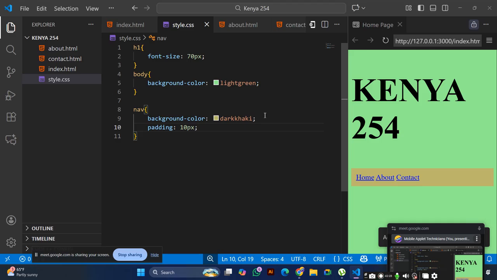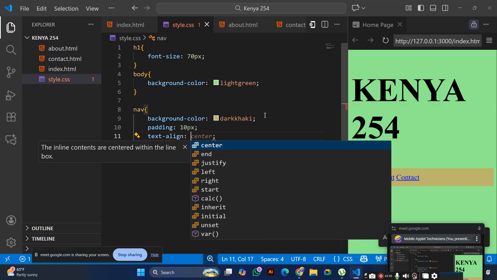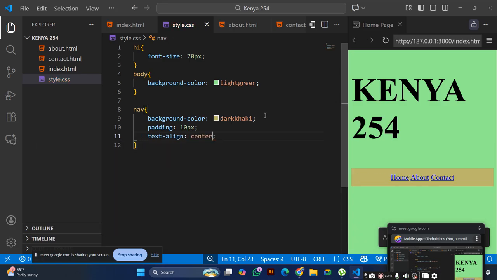The margins, the space between the text and the margin to be big. Then create some text alignment center. Done. Okay.